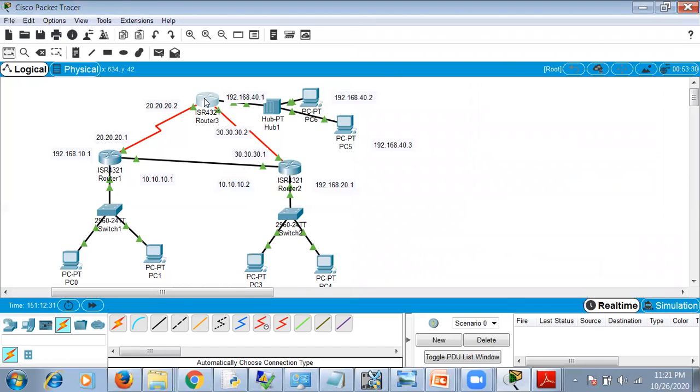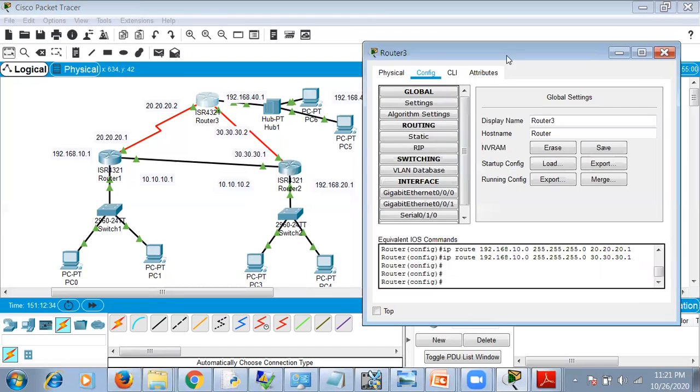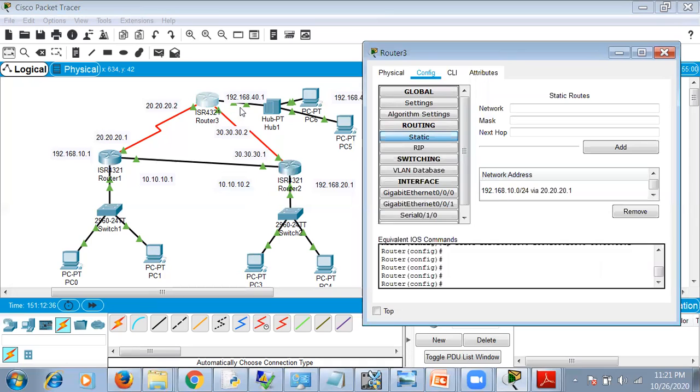On third router, you have to send an acknowledgement back. So we are considering either this channel or this channel. So there are two routes added. For 10 network, it is 20 link or 30 link.